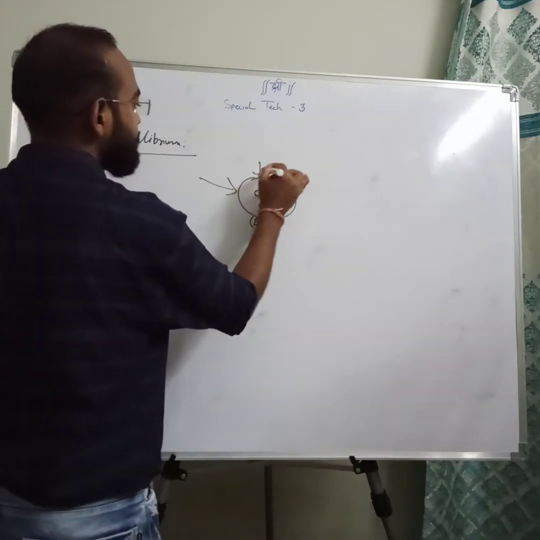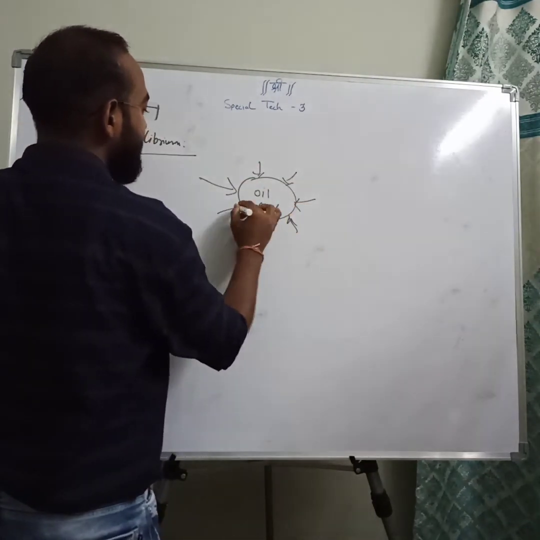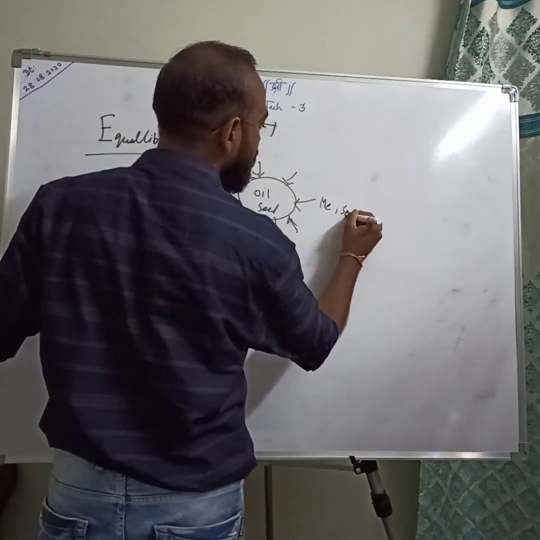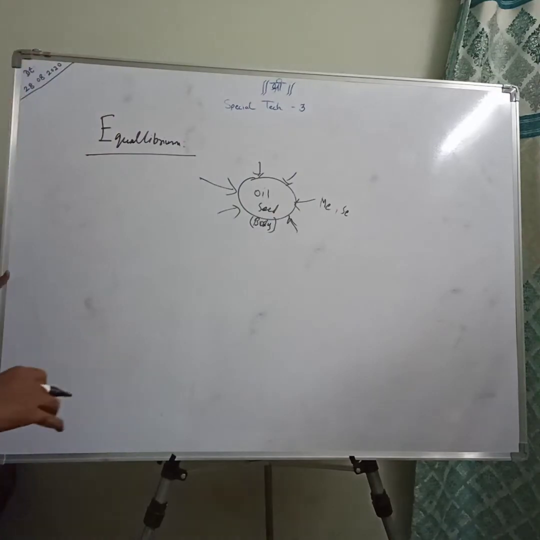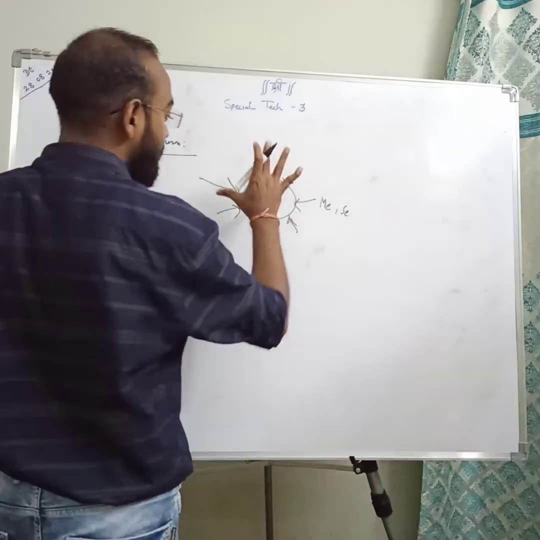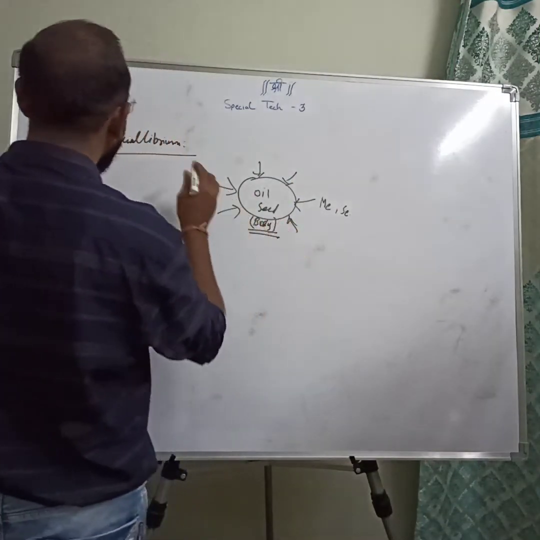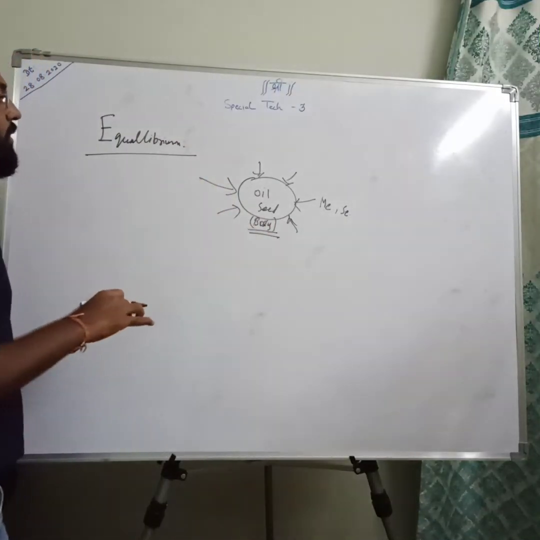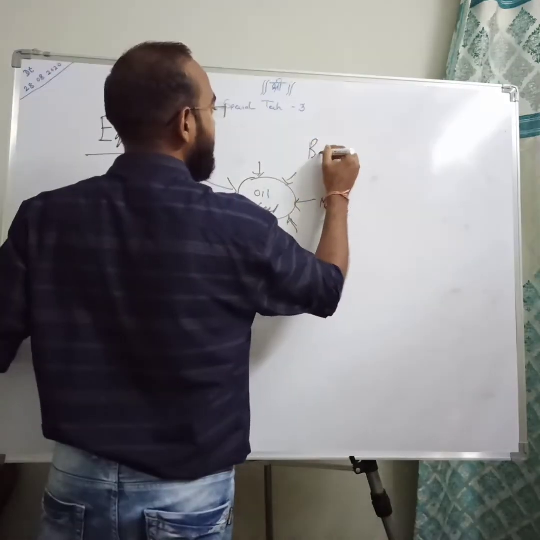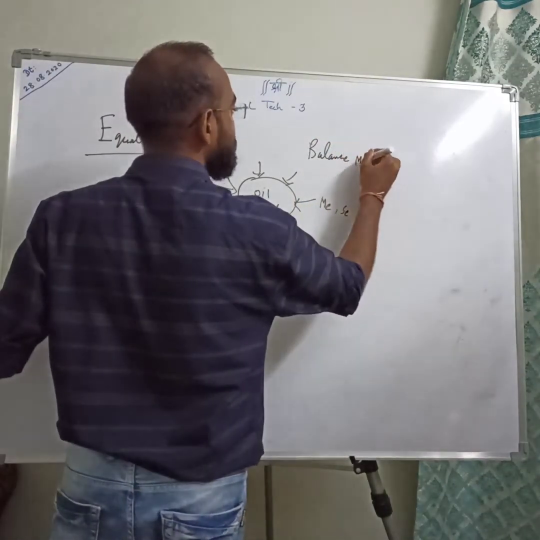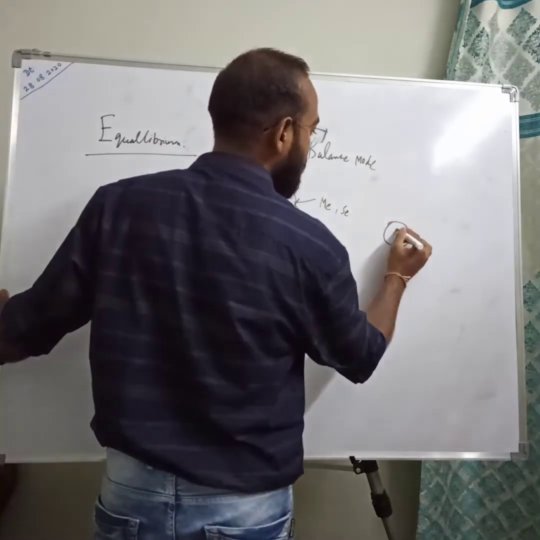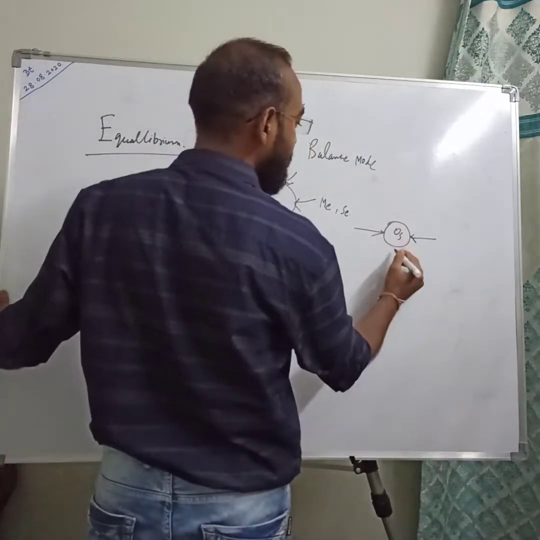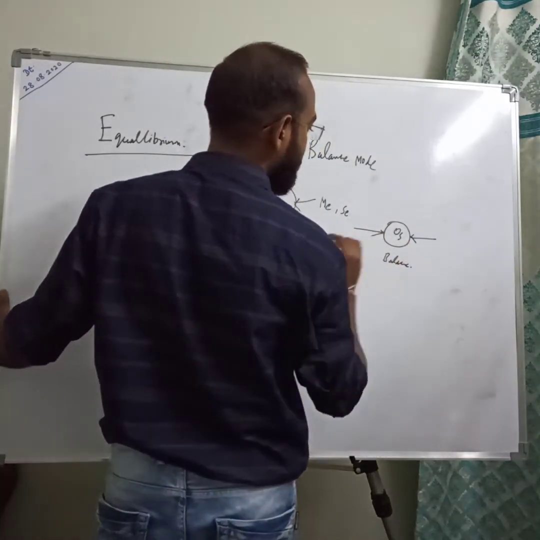N number of different forces are acting during mechanical expression or solvent extraction. N number of forces will be applied on the oil seed, and this is our body. So equilibrium is a state of system in which all the forces acting on the body are in balance mode. Similarly, this is our oil seed. If one force is applied from here, and one force is applied from here, there is a balance between them.